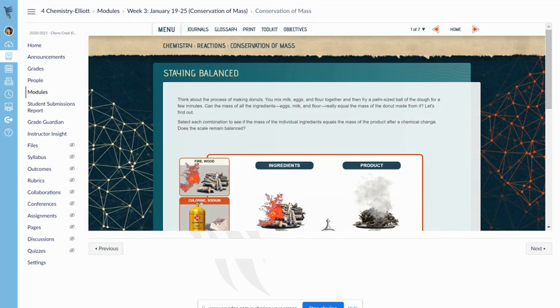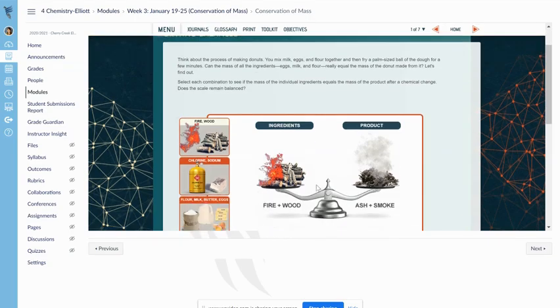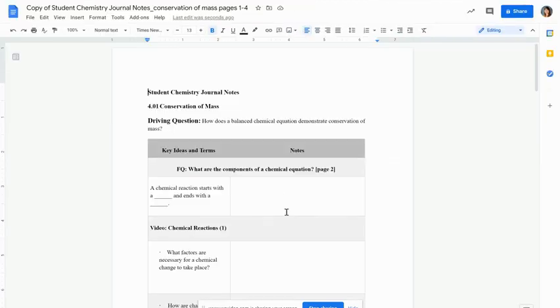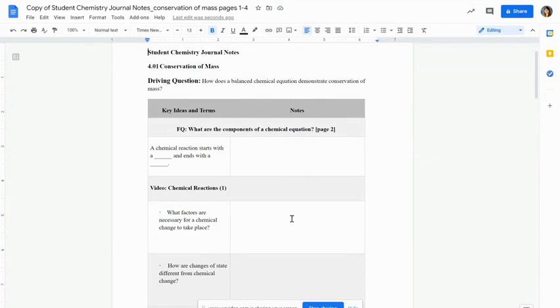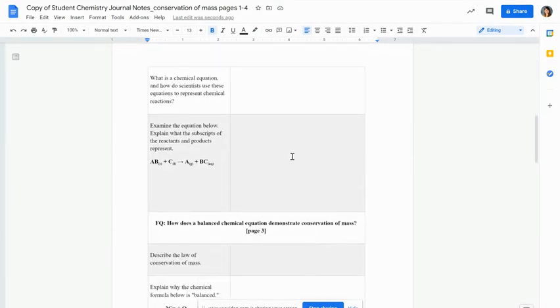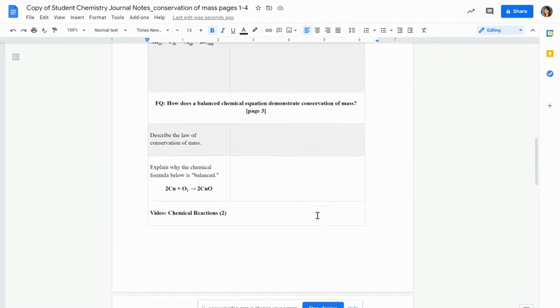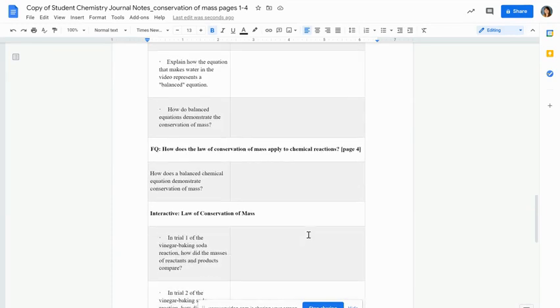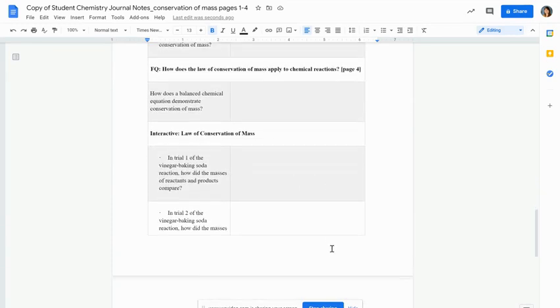So when you're in your conservation of mass, which starts here, it talks about staying balanced. You'll notice there are 7 pages up here. We're only going to page 7. As you work through this, you'll notice the page number is there for you. And so it just walks you through some videos, working through the vocabulary, reactants, and products, looking at this idea of being balanced, a few more videos, and then finally, how do we apply this to the law of conservation of